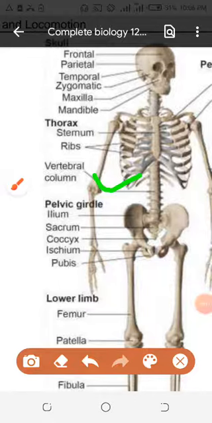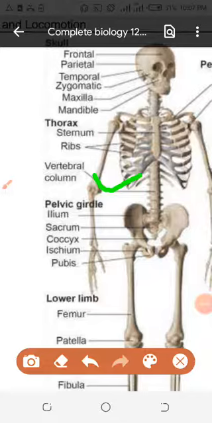Why are the four limbs strong in the birds? You will be thinking, sir, where are the four limbs? There are only two legs. Those are the hind limbs. Those are the legs, not the hands. So where are the hands? They modified into the wings. And they modified into the wings because of the muscles called pectoral muscles.